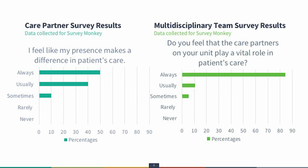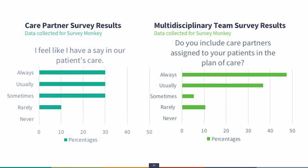Here we see that 50% of care partners always feel that their presence makes a difference in patient care, whereas the team's results show that 84% feel that care partners play a vital role within patients' care. This is showing us that the multidisciplinary team is rating the care partners higher than the care partners are rating themselves. Here we see a bit of a draw in the care partners' results with a 30% result for sometimes,